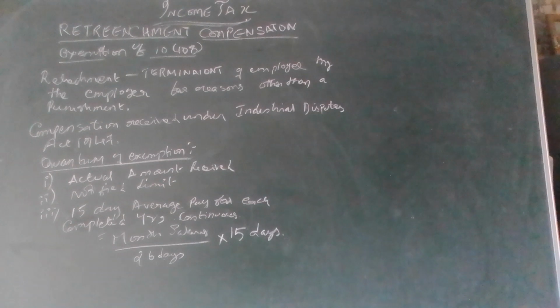Retirement is different, retrenchment is different. Because of the age, a person got retired. Because of the completion of the agreement or completion of the work, a person got relieved. That is different. Whereas in retrenchment, a person is relieved from the service. Termination of an employee by the employer for specified reasons is called retrenchment.